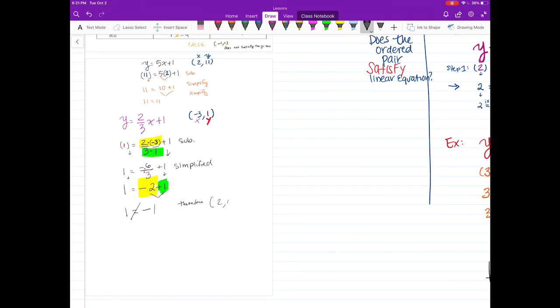Therefore, what was our point? 2, 11 does not satisfy y equals 2 over 3x plus 1. Okay? All right. The last 2 problems that you're going to have on your quiz tomorrow are going to be about domain and range and is it a function? So make sure you watch the next video if you